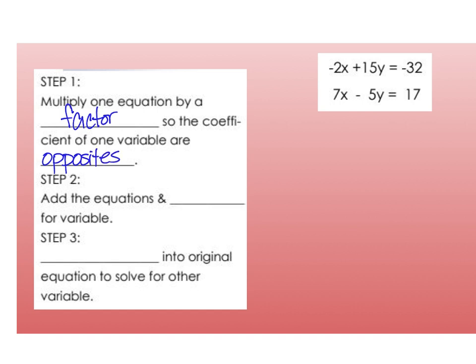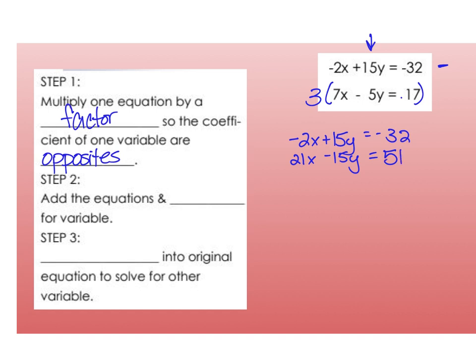If you look at this equation here, we have negative 2x plus 15y equals negative 32. Here we have 7x minus 5y equals 17. If you notice, one of these two terms is a factor of the other. So if I multiply this entire equation times 3, the coefficients of y will become opposites of each other. I'm going to rewrite that first one: negative 2x plus 15y equals negative 32. Now I'm going to multiply the second, so this will become 21x minus 15y equals